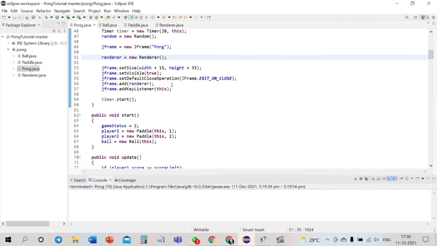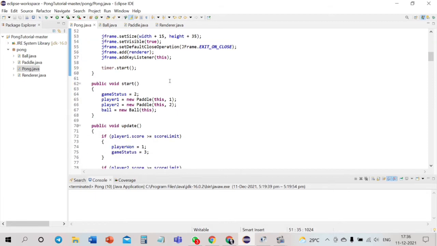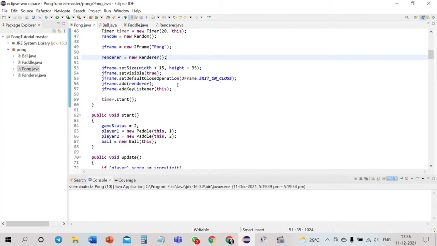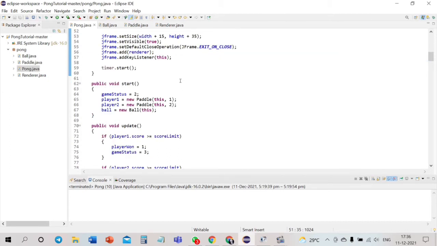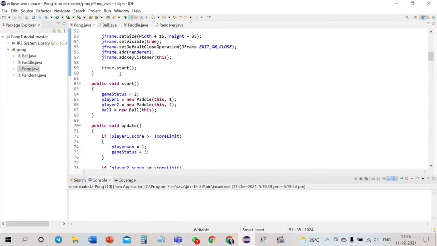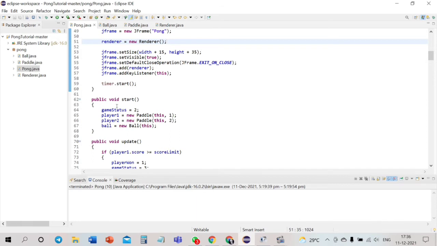And also we will paint using the paint method, and we will also use the graphics parameter, and we also use the draw method, which will draw using public void draw, and we can see here